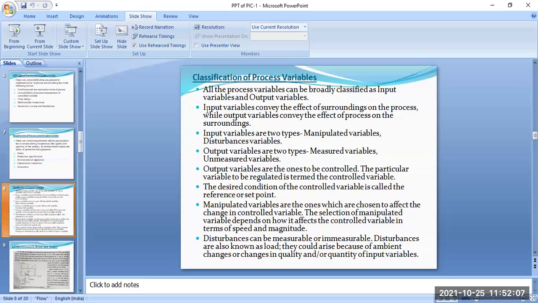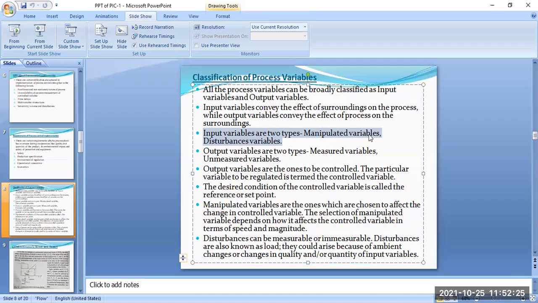Okay, then another classification you have to do. This input variable is of two types. One is the manipulated variable, another one is the disturbance variable. So this input variable is also classified into two categories. First one, that is the manipulated variable, another one is the disturbance variable. And also this output variable has two categories or two types. This is measured variables, another one is the unmeasured variable. So please remember these things also. What is the classification of process variable? First, process variable, we have to classify in two categories. First one is the input variable, second one is the output variables. Okay, this input